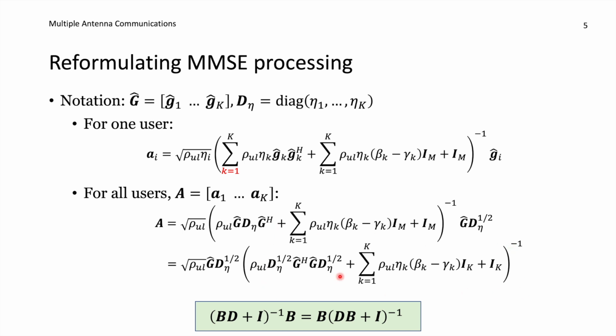And I'm rewriting the expression like this in order to permit some asymptotic analysis later, where the second terms here with the identity matrix will go away. And then it's important to remember that typically M is greater than K in a massive MIMO system. So